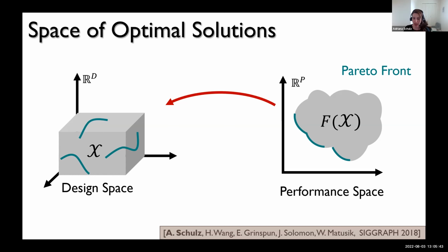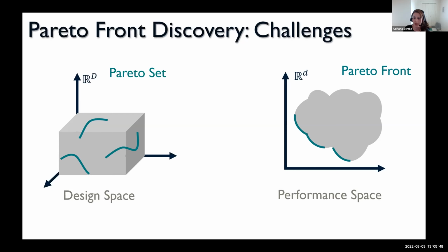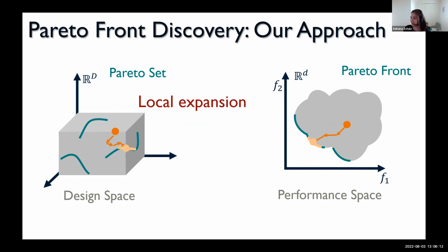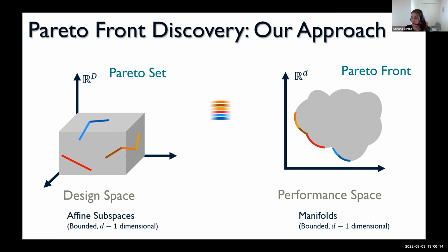So I don't want to spend too much time on this paper because most of it is efficient algorithms to find this Pareto frontier. The idea being that this is a really challenging optimization problem. Every optimization problem is challenging, but we're not trying to find just one point. We're trying to find a whole landscape of points at the same time. So we did some interesting math. We solved this problem efficiently, so that we can find these manifolds at the same time.